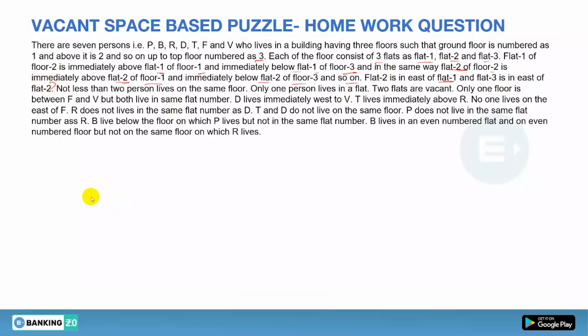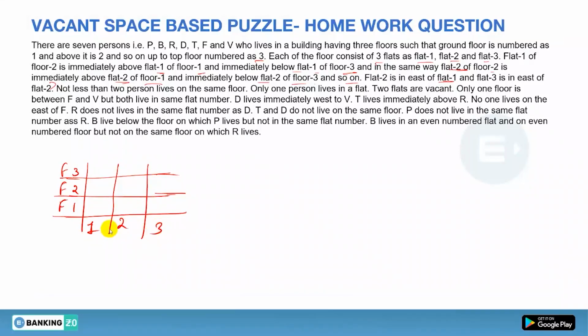So first of all we have to make the diagram. So what actually it will make like this. So there are 3 floors. So 1, 2 and 3. Done. These are the 3 floors. So you can take this like floor number 1, floor number 2, floor number 3. Is it clear? And we have flats, and flats are flat number 1, flat number 2 and flat number 3. Okay, done. So I have given for floor I am taking F1, F2, F3, but for flat I am taking 1, 2, 3. That's it. Done. So now let's see.